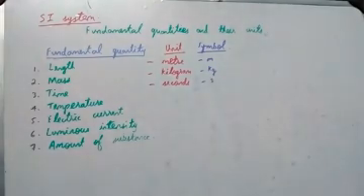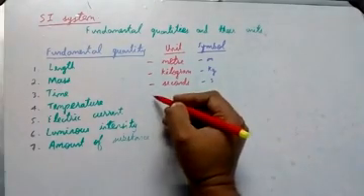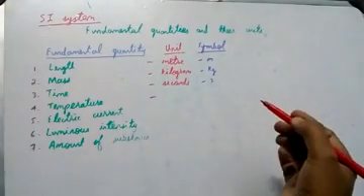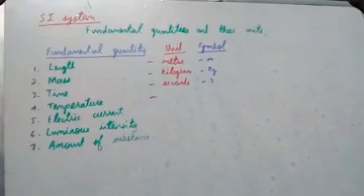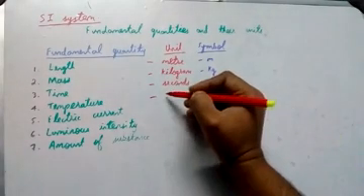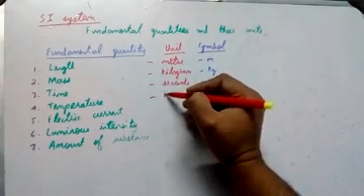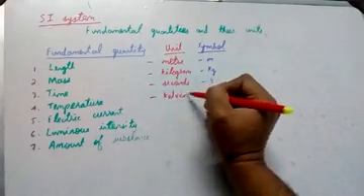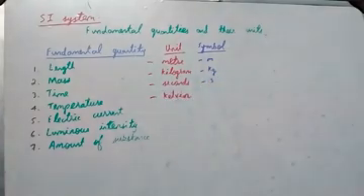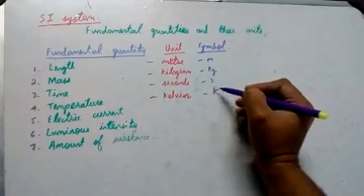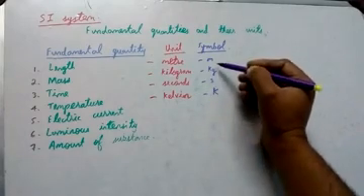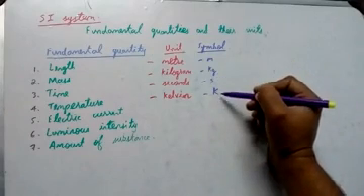Then let's see the next one, temperature. Usually we use the Celsius scale. Some countries use Fahrenheit, but that causes confusion. So everywhere in the world we use only one common scale called the Kelvin scale. The symbol will be capital K. Why? Because it's the name of a scientist. Meter, kilogram, second are in small letters, but this should be in capital letters.